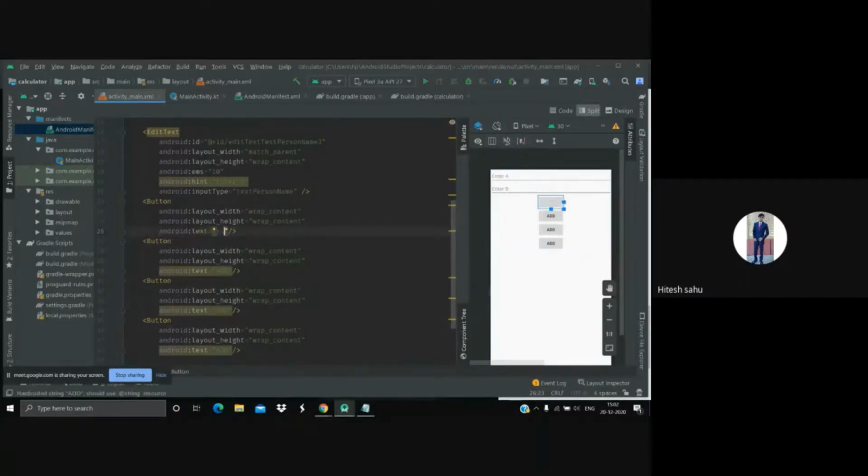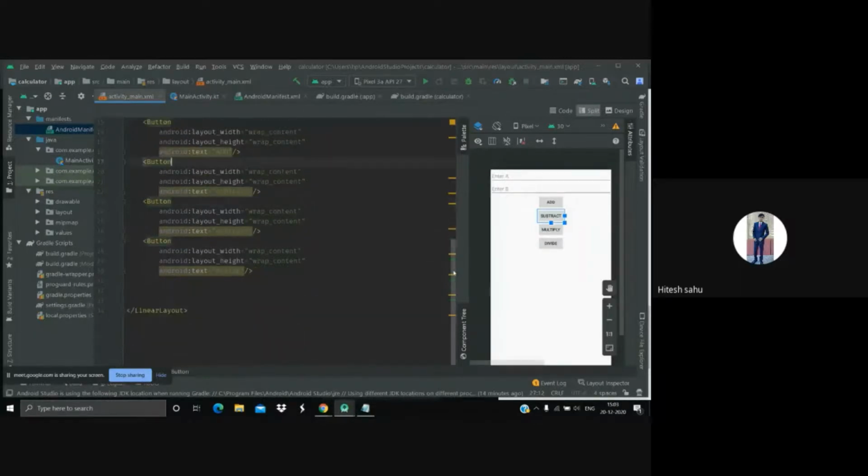Either you can see from the properties window on the right side when we were dragging and dropping, and you can experiment. And one important thing, don't get afraid by seeing all this. It's all about practice. You have to experiment with things. Like when we are using constraint layout, you have to experiment with what happens when you are taking just two arrows, or constraining it only horizontally or only vertically, or not constraining it anywhere. So you have to experiment on it.